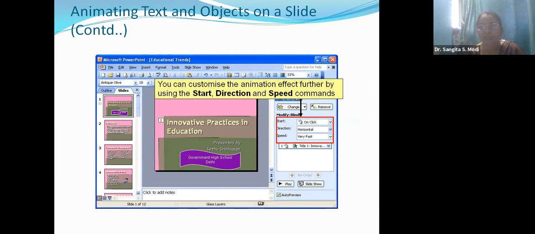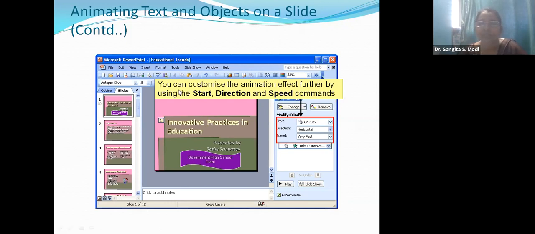If you insert 1 second or 2 seconds, that effect will appear after 1 second or 2 seconds. Or you can go with on mouse click. When you click the mouse, only at that time will that effect show on your slide.